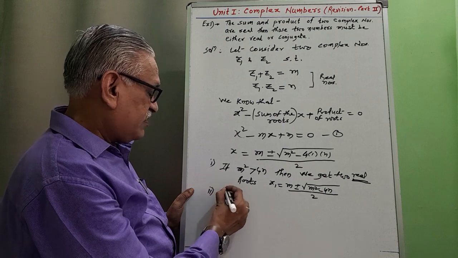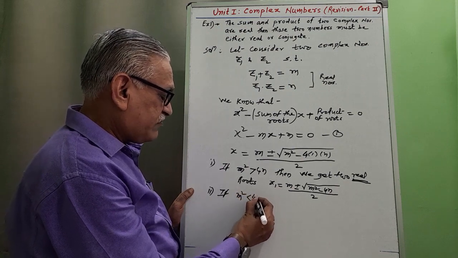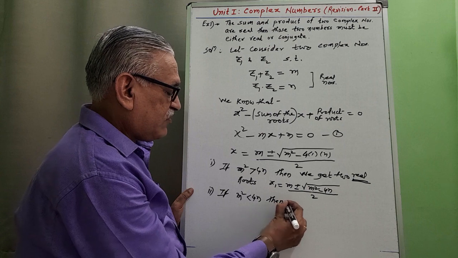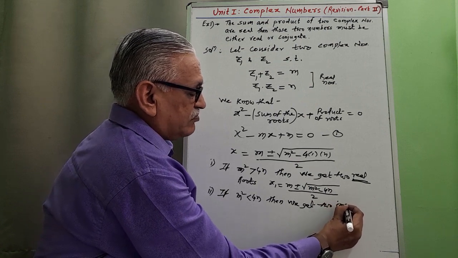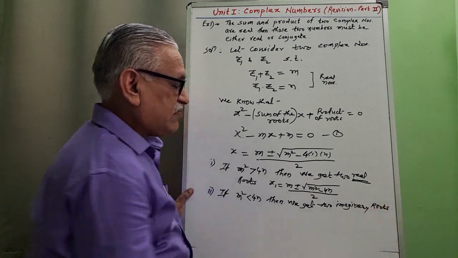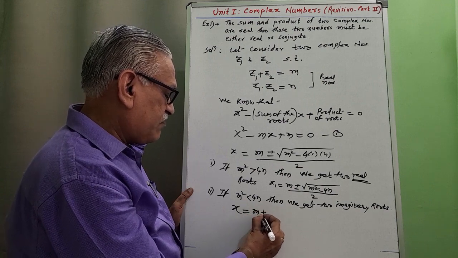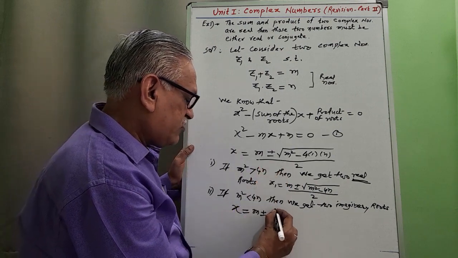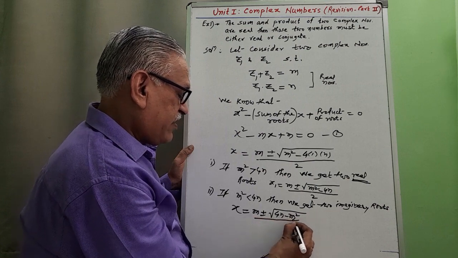Second condition: if m square is not greater than 4n, that is, if m square is less than 4n, then we get two imaginary roots. We have x is equal to m plus minus, and to have this negative, we take that term as root of 4n minus m square, divided by 2,